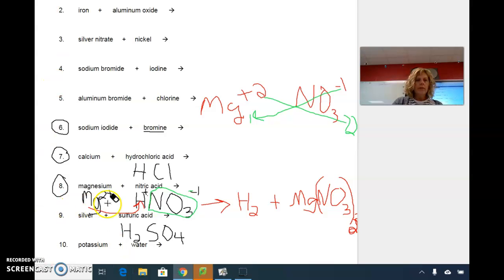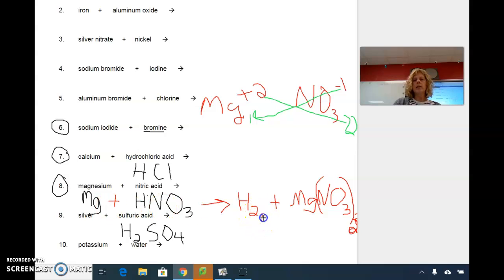So now if this is my final answer, so to speak, I don't want to have those charges represented in here because that is not how we write a balanced equation. I don't want my weird little, even this I don't want, this I don't want. Okay, so this is my final answer. So magnesium, oops, I need a little plus in here, plus nitric acid, HNO3, yields in this reaction H2, and